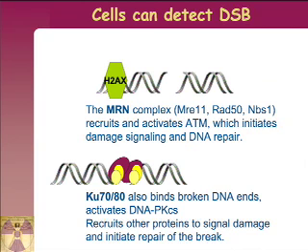So cells have a number of mechanisms by which they can detect these double-strand breaks because they are very important to the cell. It wants to know when it has a break, and it wants to do something about it. We see here, just sitting, waiting, bound to the DNA, are H2AX, which came in at the end of the previous talk, and I'll say more about that also in terms of biodosimetry